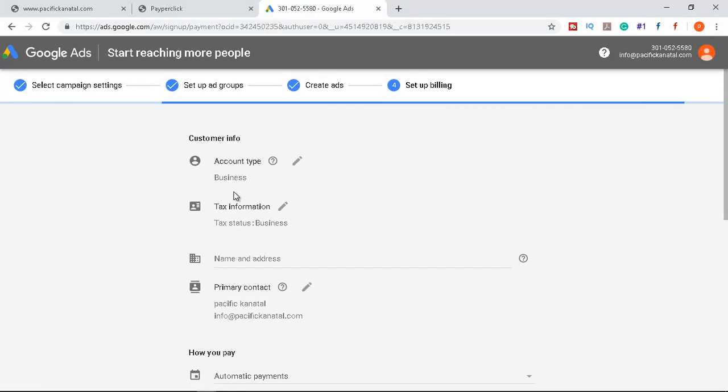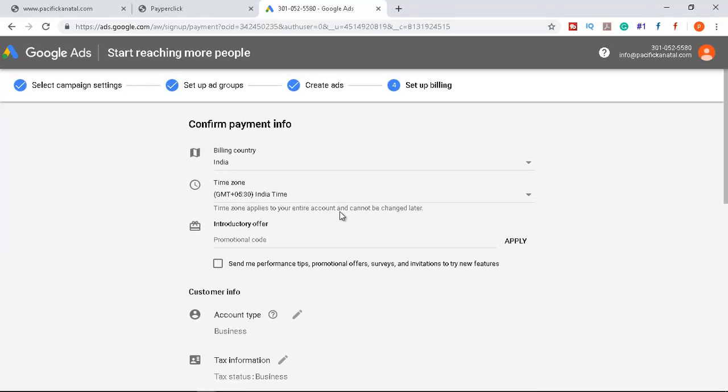And this is one sample ad. You should create at least 3 ads so that the ads can be rotated, and you can check which ad is going to work very well and which is going to perform well. After that, if 1 or 2 ads are not performing well, you can change them accordingly, according to the ad which is performing well. So now, once you have created the ad and set the keywords,